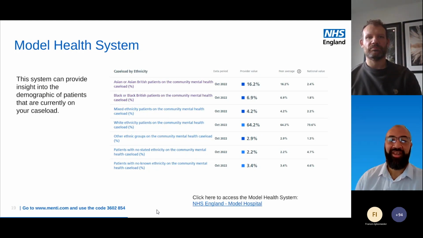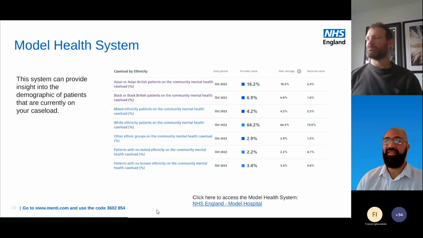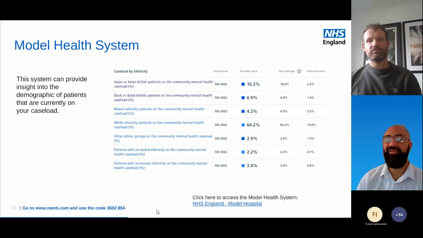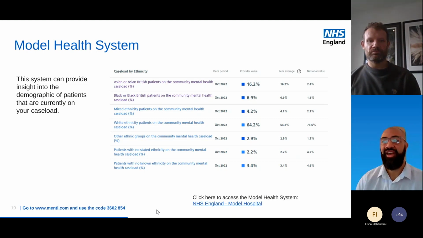As Matt was saying, age is something that's used quite prevalently, and it's one of the ways you can cut the data within the Model Health System. The Model Health System has ethnicity data you can cut, mainly across caseloads, so the community caseloads by ethnicity, age and gender. But you can break this down also for crisis caseloads, so you can see how people are accessing your services. If you've got high crisis caseloads and low community caseloads for certain demographics, it may indicate that people are unable to access services through their usual routes.